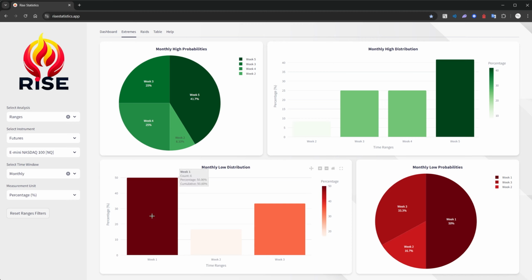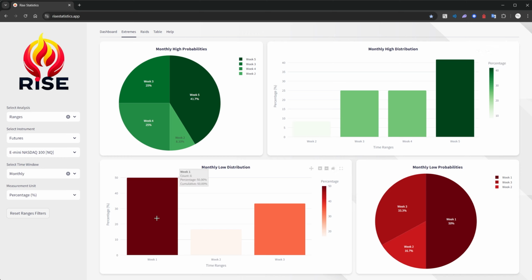Okay, well, we might do some fuckery until week 3. But after week 3, if we are going to be bullish, we are going to expand right up until week 5, which is the highest statistical, how can we say it, probability, I guess is the best way to put it.